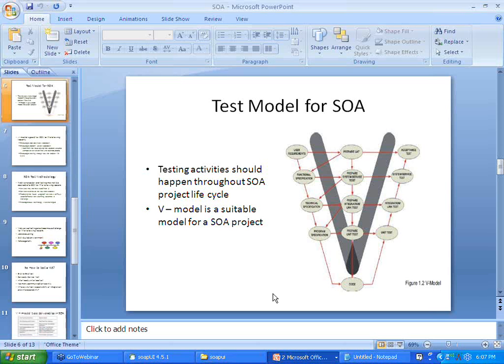Since here the components are going to be loosely coupled, the integration should happen for components that have a common interface. All these things should be checked at very early stages. Just like SDLC, any mistakes in the later stage are very difficult to correct.